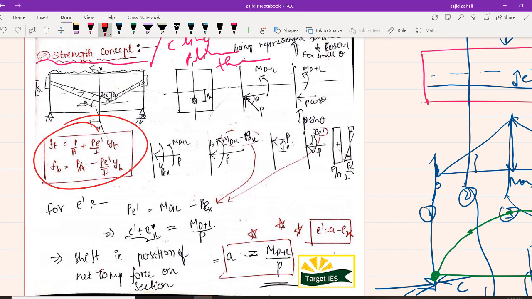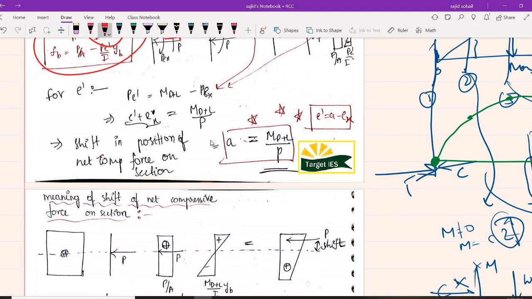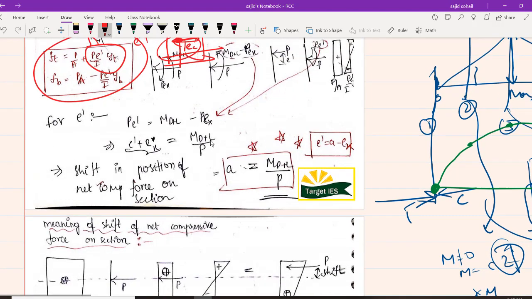Formula is this only, the concept is understood, right? You just have to find out where your compressive force line is acting at that particular location, and just EC whatever you are taking, just do this, you will be getting your answer. P EC by I, or you can write it as E dash by I. It is up to you. It is all depending on representation. There is nothing such. Okay. So shift of compressive force could be a problem itself. Okay. So make sure that you can answer simple questions.